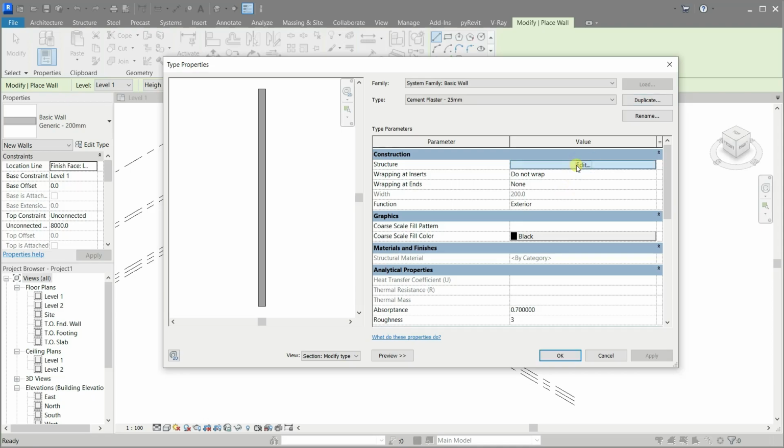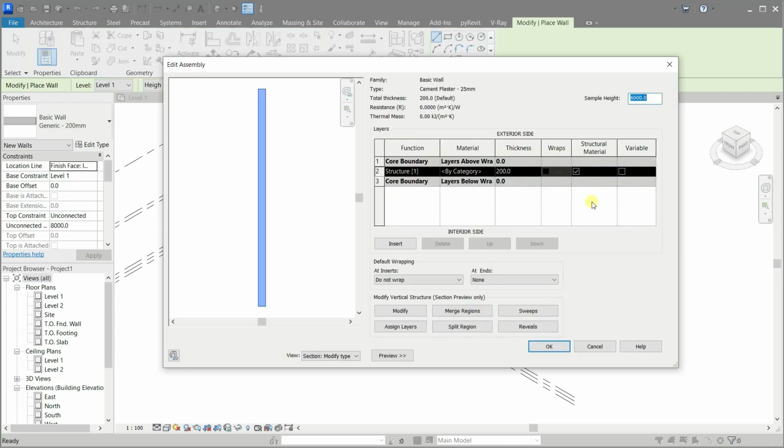By the way, the process of creating different walls will also benefit us when we start making schedules and try to calculate quantities.